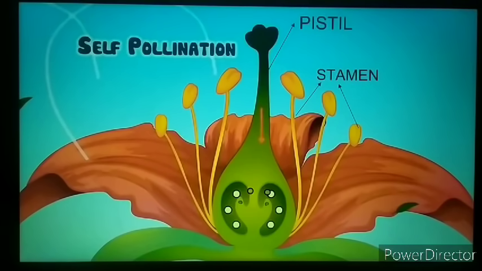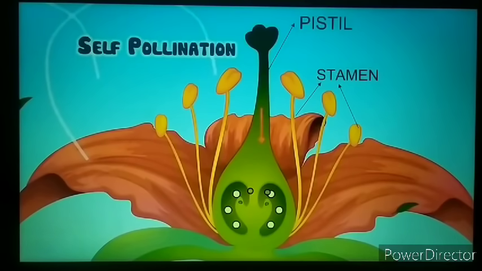The first way is if the pollen grains get transferred within the same flower. As you can see in the module, the stamen, which is composed of the pollen grains, is transferred from the anther of the same flower to the pistil of the same flower. This is called